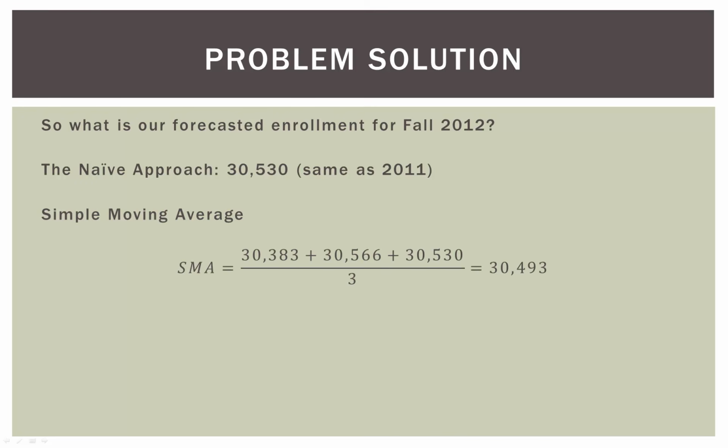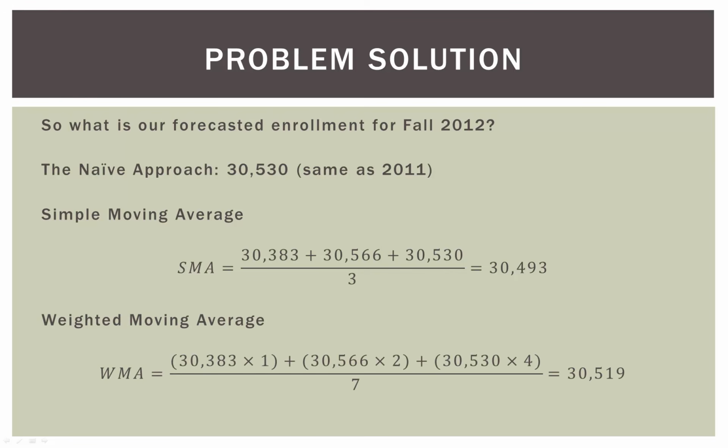If we use the simple moving average, we're just going to average together the 3 previous years. So we're going to take 2009, 2010, and 2011, add them together, divide by 3, and we get a simple 3-year moving average of 30,493. Now if we use the weighted moving average, again we're going to emphasize 2011 more than 2010 and 2010 more than 2009. So by applying our weights in the numerator of our fraction, and then dividing by the sum of our weights, which was 7, we come up with a weighted moving average for 2012 of